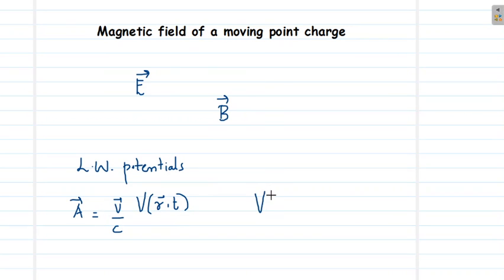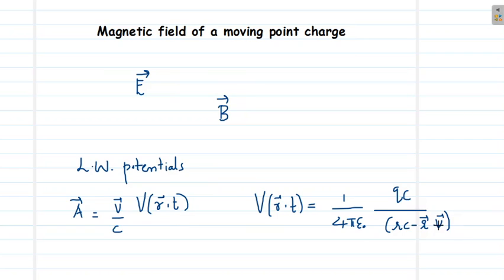So the scalar potential is given by V of R bar comma T equal to 1 by 4 pi epsilon 0 QC divided by RC minus R bar dot V bar. Q is the charge, R bar is the vector connecting the charge and the point where